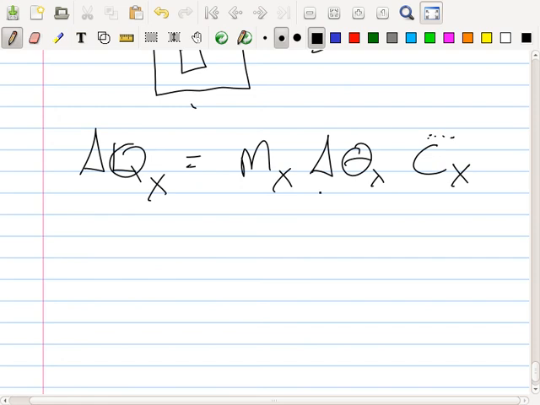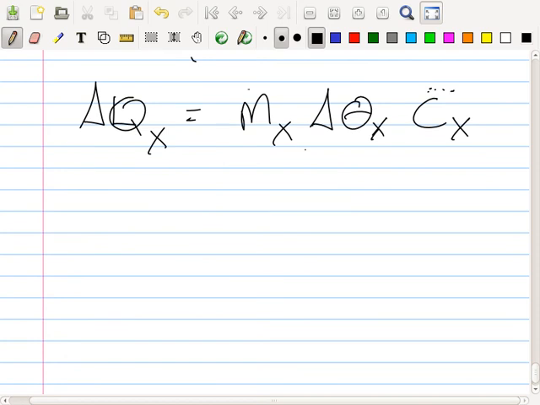Change in the temperature actually, isn't it? Plus the C times the... No, I'm just talking about the block right now. If you just look at the block, the energy that comes out of it will equal this. And you're right, this energy will then go into the water and into the other things.